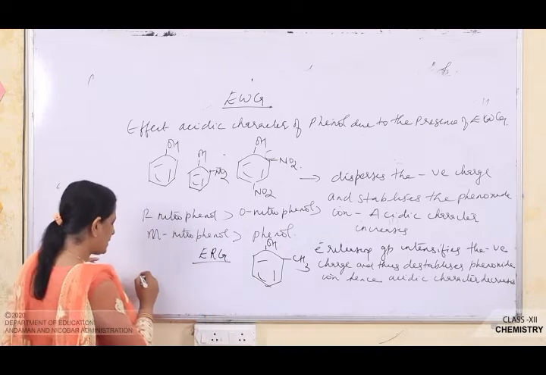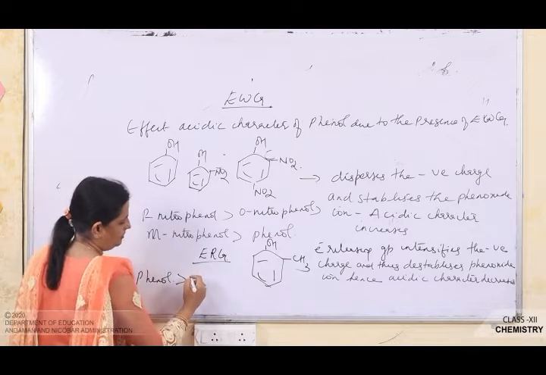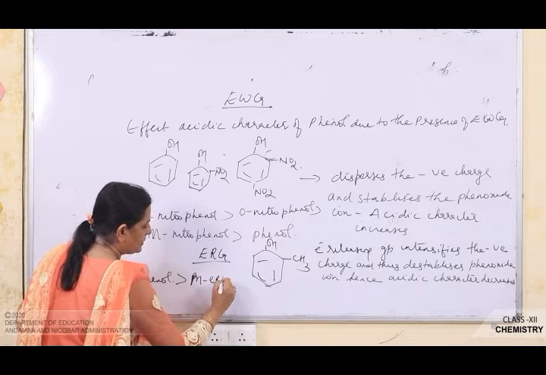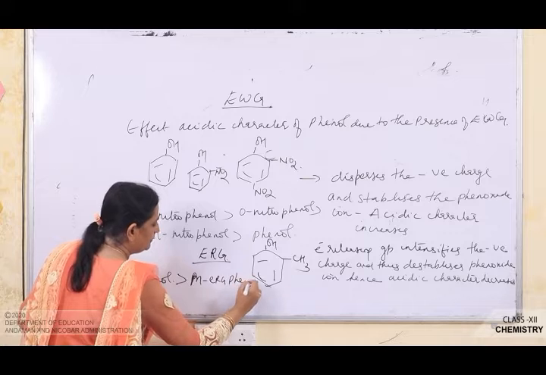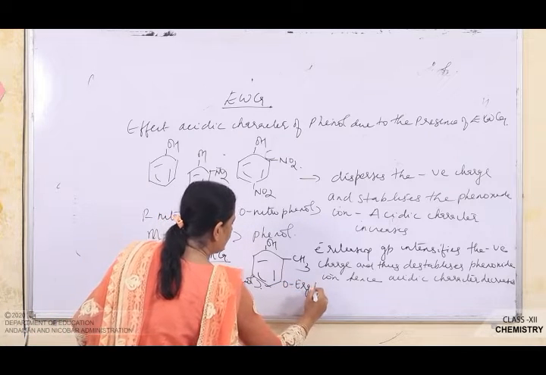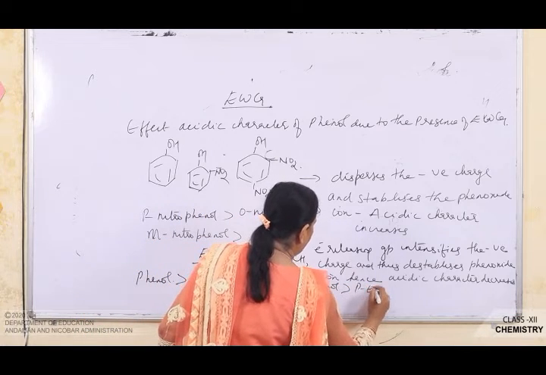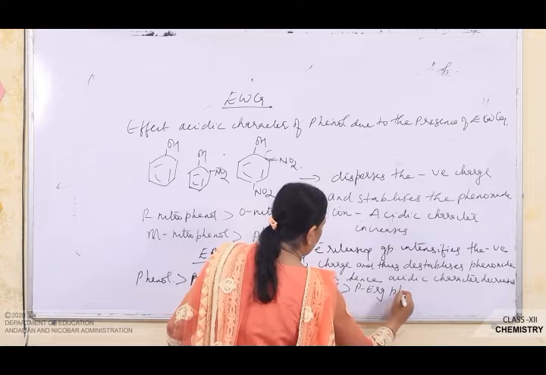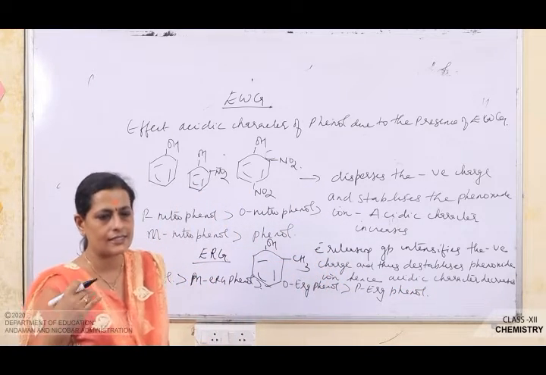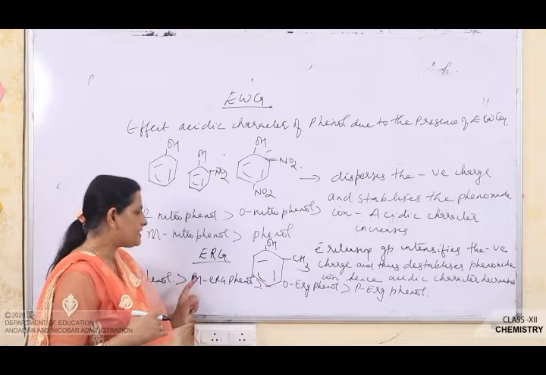So what will be the stronger acid? Phenol, then greater than meta, electron releasing group phenol, then comes ortho, electron releasing group phenol, and then comes what? Para, electron releasing group phenol. So is it clear? So an electron withdrawing group increases the acidic character of phenol and an electron releasing group decreases the acidic